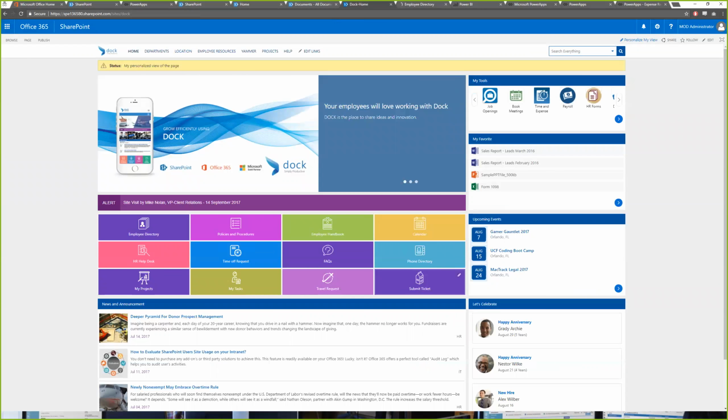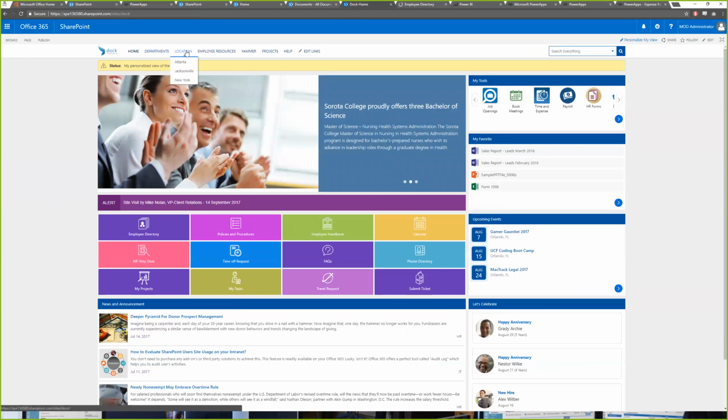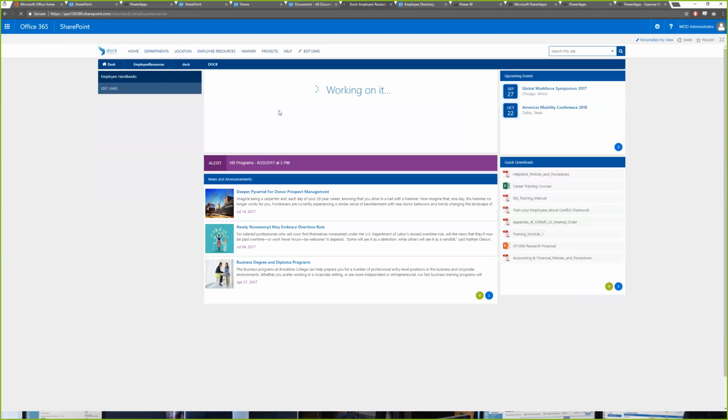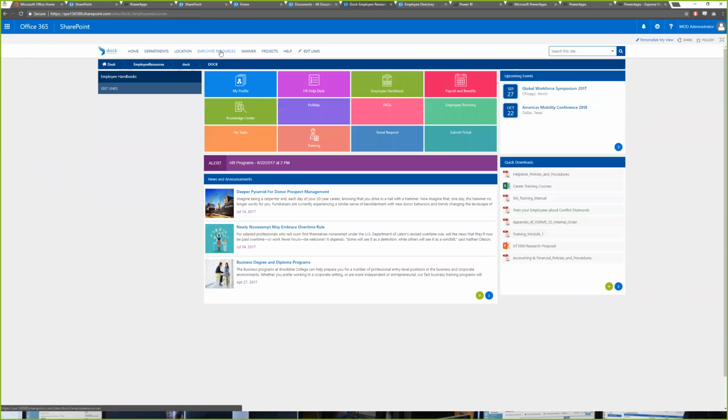And you'll notice that pattern in many custom-built or line of business applications from third-party vendors on how it's using different sets of functionality together to create a more seamless experience, right? Let's look at something else, an employee resources page. Another key use case, so if you're on Office 365 and let's say you're already using some of the out-of-the-box